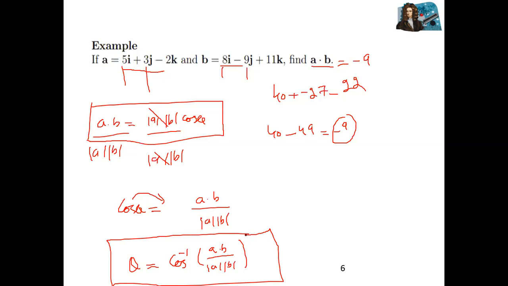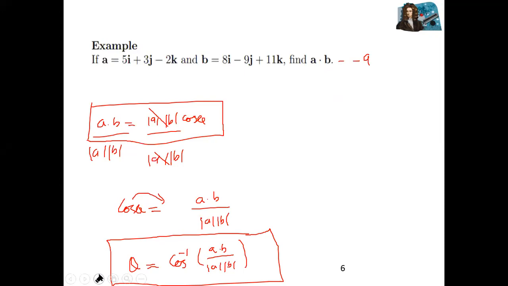Let's solve a question on finding angle. Same, I will solve here. We know vectors are given, A dot B is given. You can see A vector and also B vector. And we know that A dot B is equal to what? A dot B is equal to 9 minus 9. So what is the angle between these two? Using this formula, theta is equal to cosine inverse A dot B, where A dot B is equal to 9, divided by A magnitude and B magnitude.